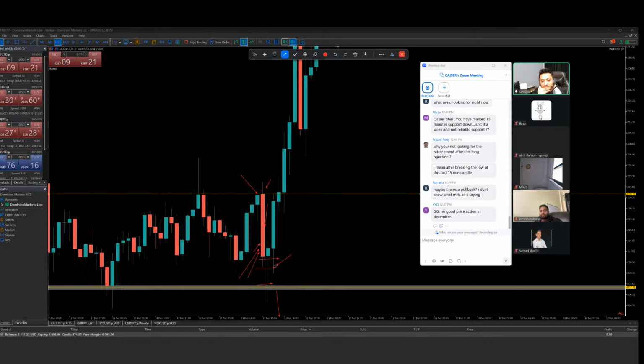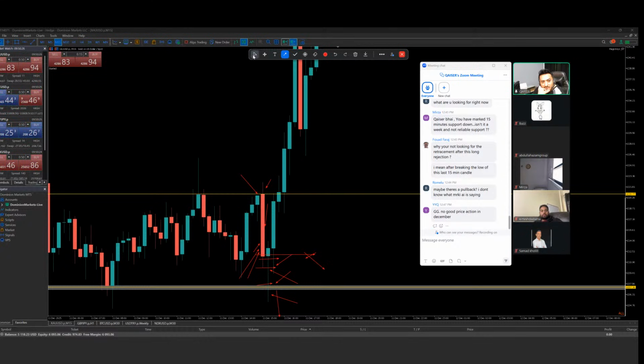I added 0.5 lot here, and added 0.5 lot here, using one lot. For my other account, I use one lot, two lots, 2.5, 5 lots, something like that. So I executed here. It started pushing upside and coming back into the range. I started managing the risk, and I closed everything here.